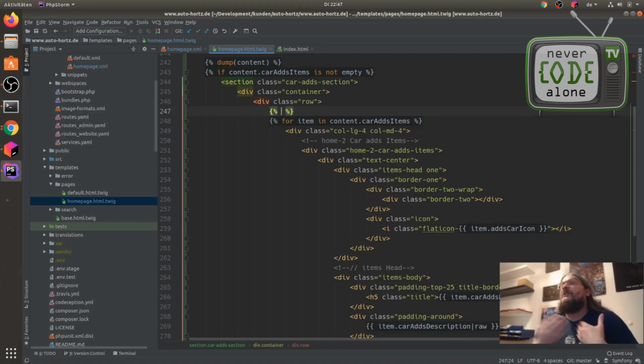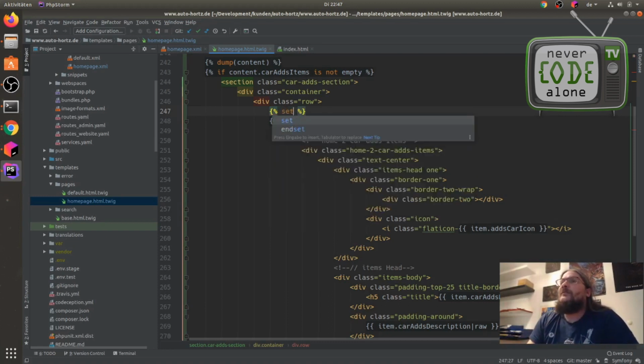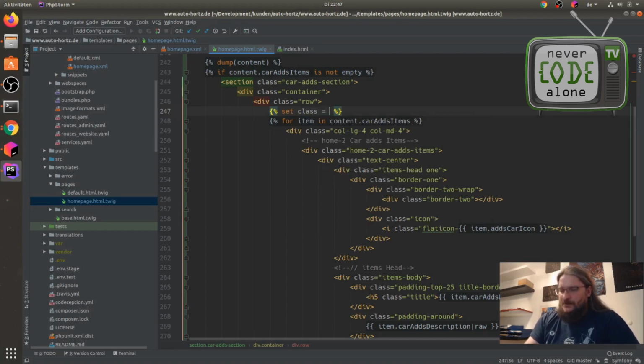With this we can say set class is array with 1, 2, and 3.